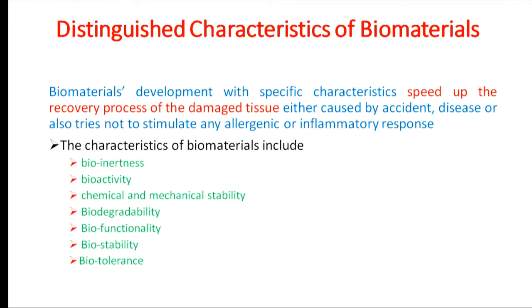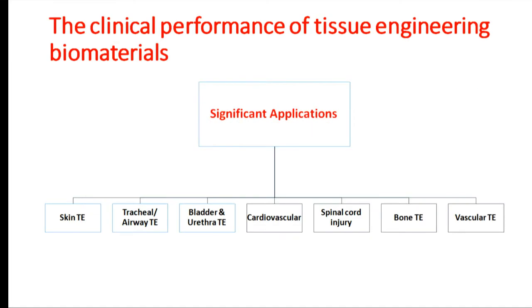So what we want from biomaterials, the characteristics of biomaterials: bioinertness and bioactivity and chemical and mechanical stability. And this should be biodegradable at whatever the desirable level is, and biofunctionality and biostability and biotolerance. These are the characteristics that we are looking for from the biomaterials. This slide shows the significant applications of biomaterials in tissue engineering